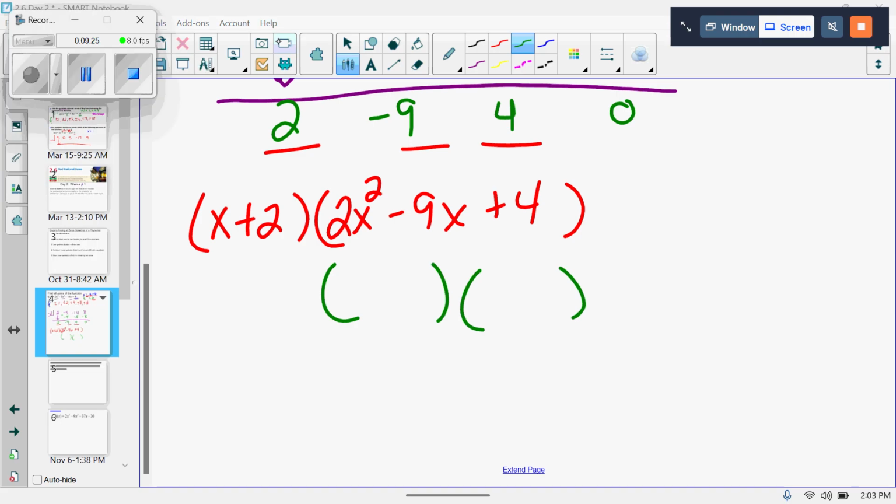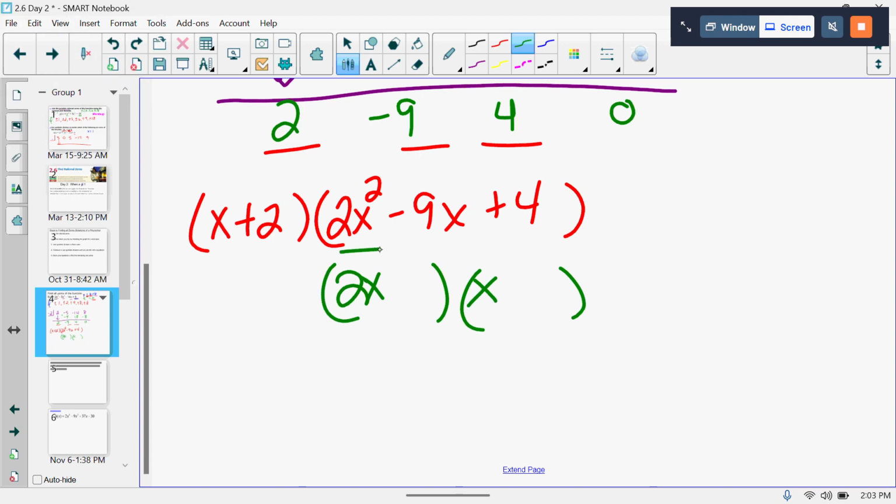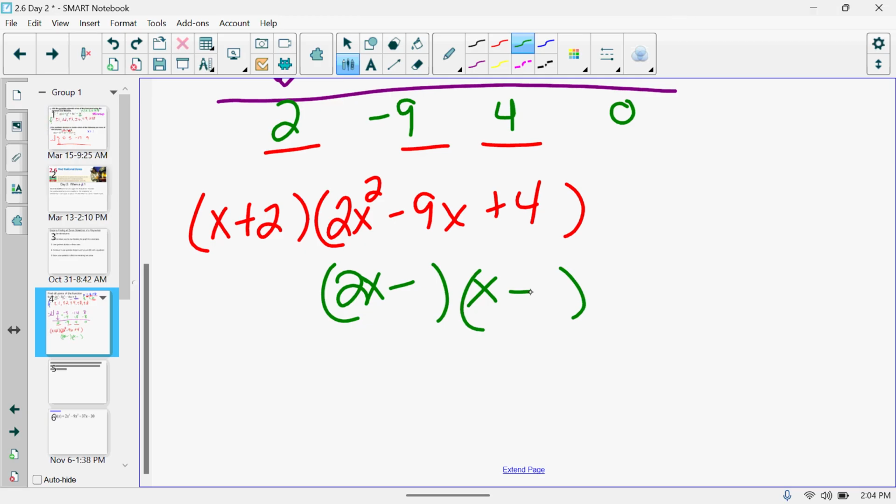So again, we know it's going to have to be 2x times x to give us 2x squared, right? And then you have to figure out what we can multiply to get 4. Now, hopefully you realize both things have to be negative, because look, the middle term is negative. So again, you just guess and check. So maybe it's